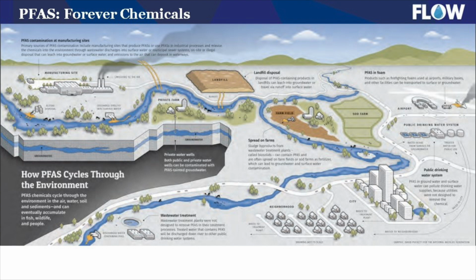And a lot of that waste is then being applied on farms, and then plants are growing, and then we're ingesting it. So there are lots of pathways that we've got to, first of all, identify, and then we've got to stop the manufacturing of these chemicals, and then we have to regulate these chemicals, and we've got to clean them up,